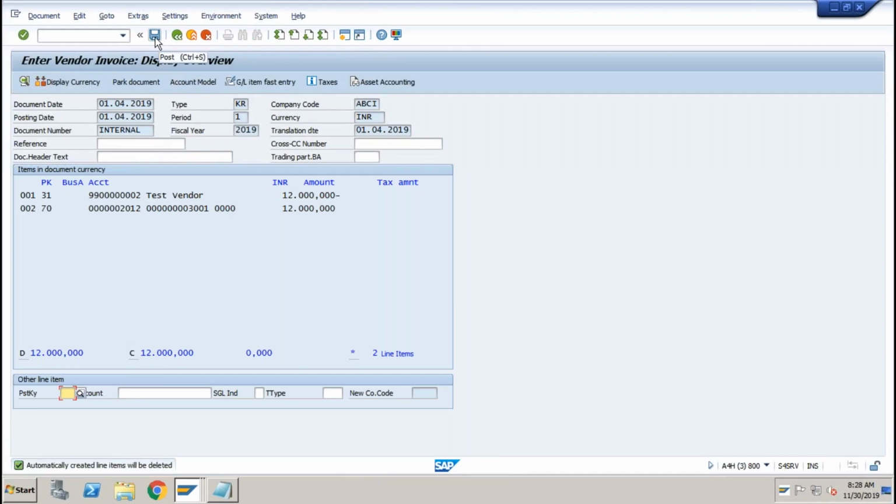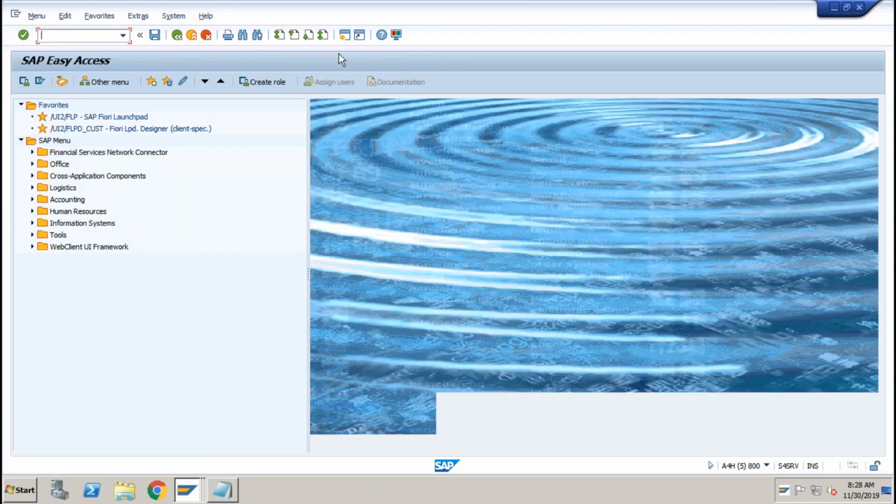Simulation is fine. If I click on save, the system will try to post this to different GL accounts that we defined in account determination. If you remember, last time we did the account determination settings in transaction AO90. Okay, let me show you first. So if you go to AO90,